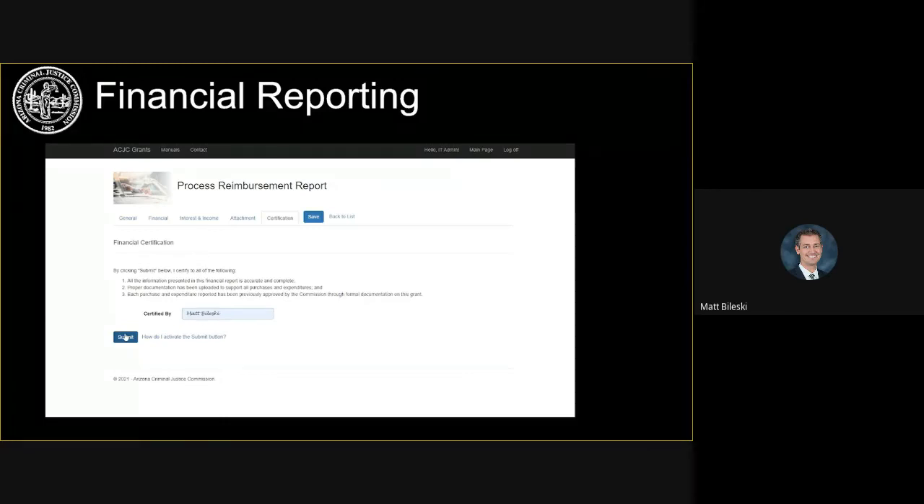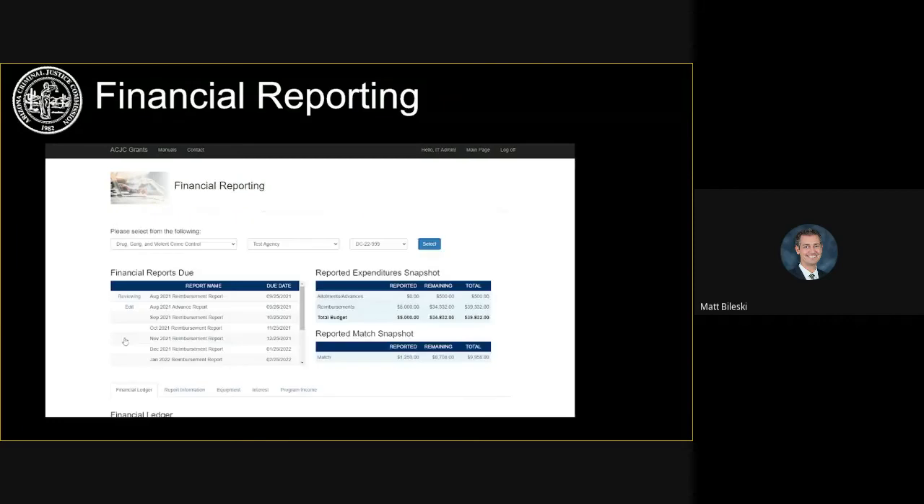So in this case, we've reviewed. I'm going to go ahead and click Submit. It's telling me that it's processing, and now as you can see, it's in reviewing status. So I know that it's being reviewed by the ACJC team and approved at some point. Please do keep in mind there are multiple finance report